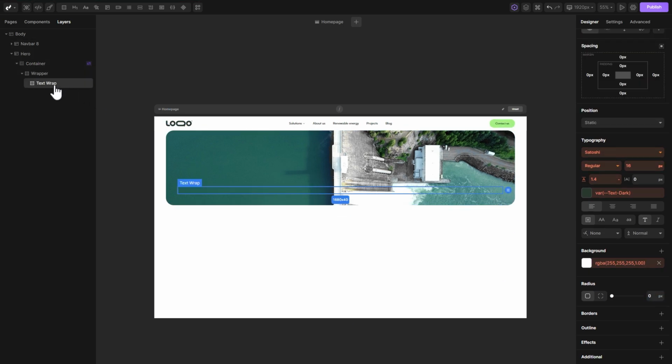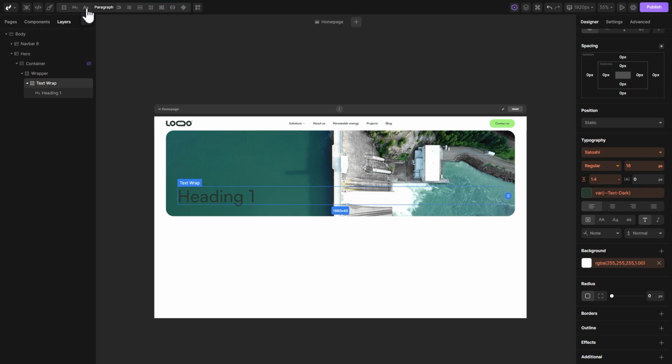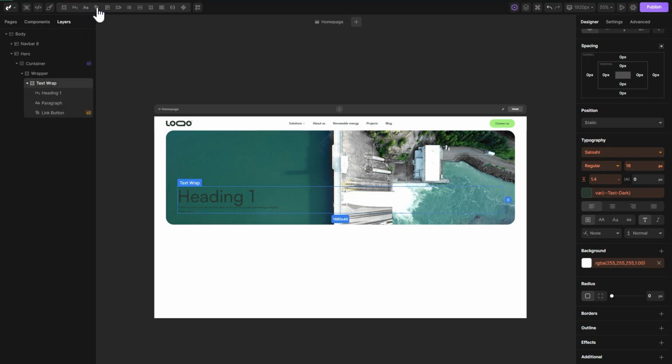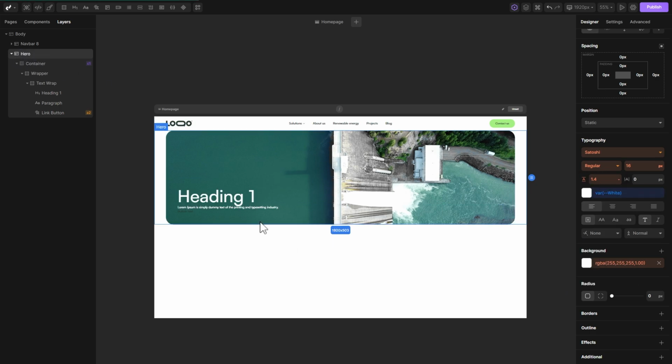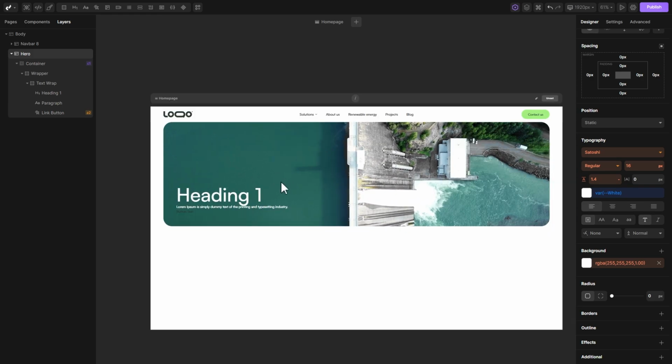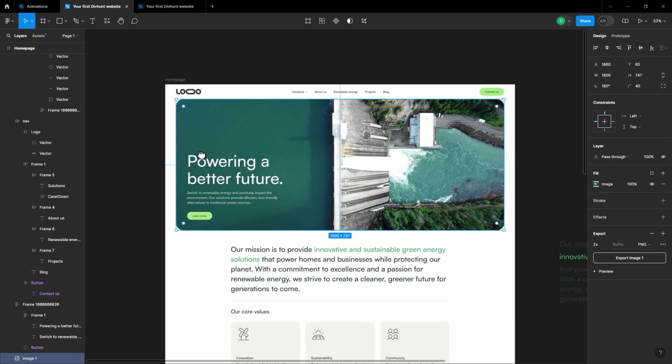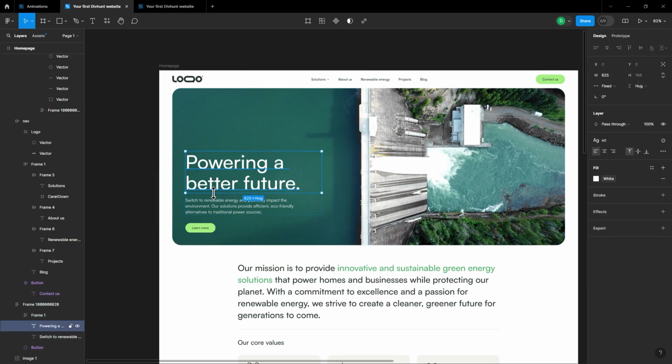And here for the structure we need one heading 1, one paragraph, and one button. So let's add one link here. And now on our section I'm going to set the font color to be white, so every text tag inside my section can inherit this color. So let's go back in Figma to see what else we need. First of all, we need the space between our heading and paragraph of 20 pixels